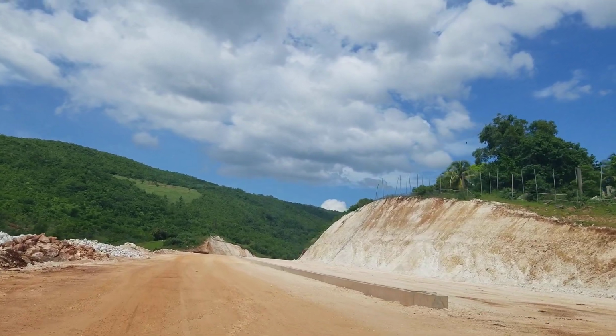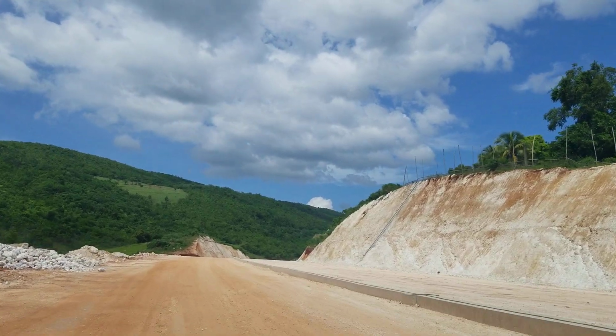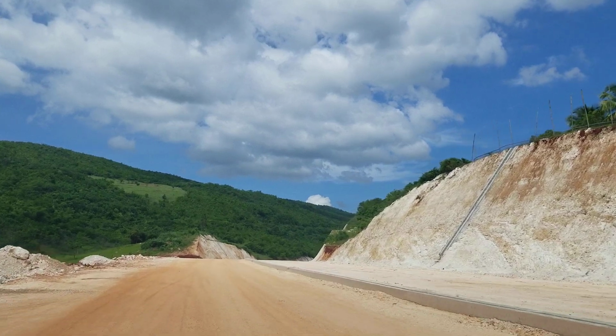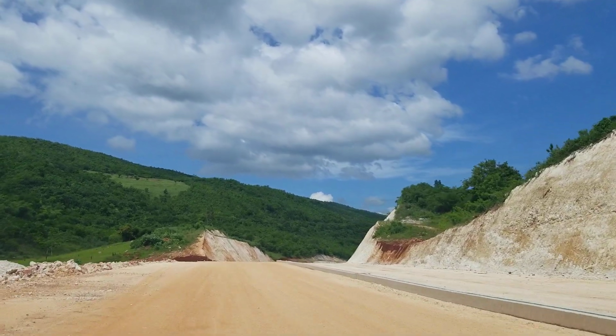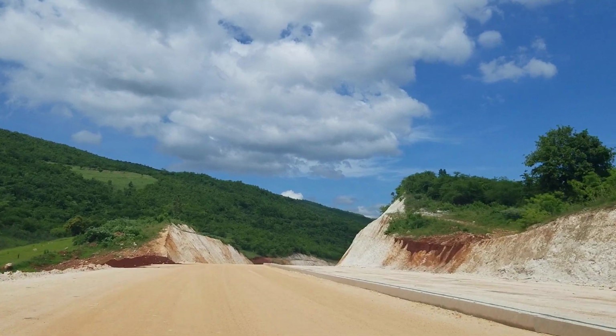So the highway is going to run from the Rio Mena Bridge in Maypen to Williamsfield in Manchester. This is a new road that has been built through the hills. Actually, a new bridge has been built, the Rio Mena Bridge. And then the road will